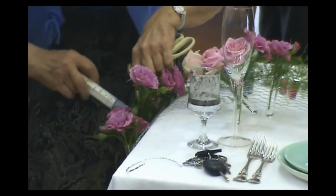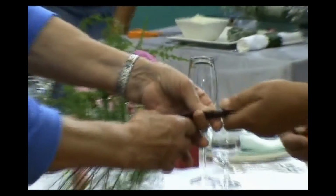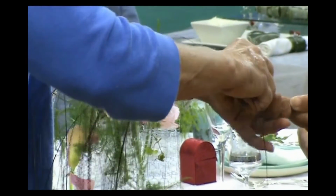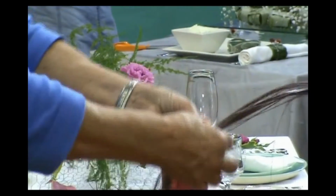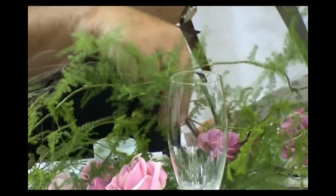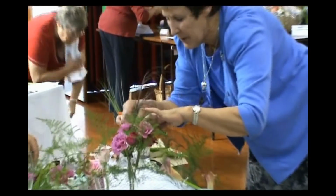You can even spray it different colours. She's working down the side, and there go them in, and shredding flax. If you've never seen flax shredded, that is so hard to say. In her hand she has either got a metal pin holder or a very sharp comb, and you just pull it down and shred it, and in it goes into the same water sources as the roses and the maidenhair fern are in. Pop it in,